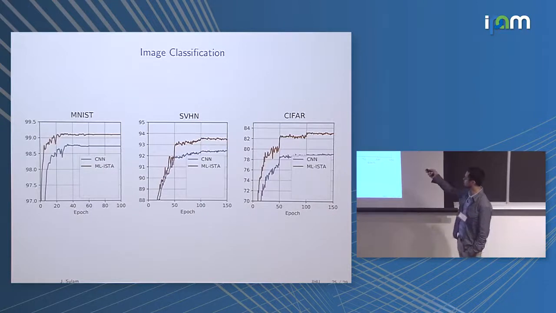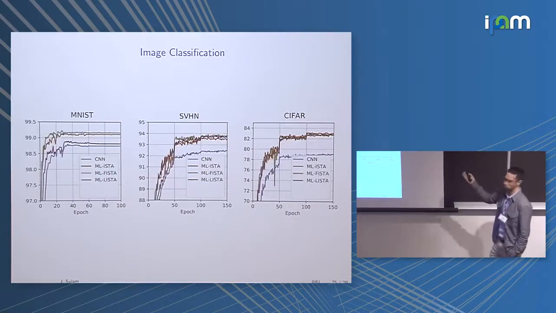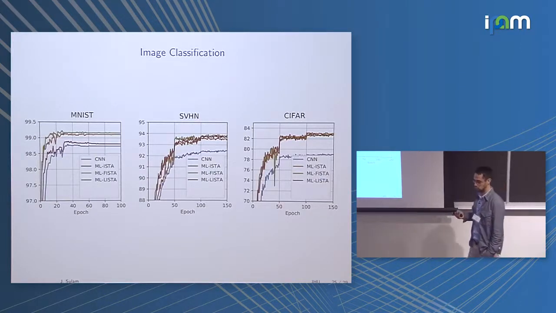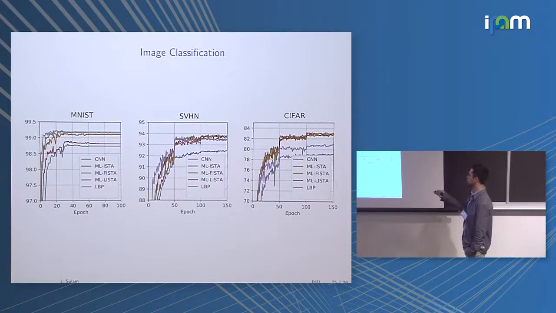You can do this for the multi-layer ISTA, for the multi-layer FISTA, or we have a version of this, the multi-layer LISTA, the learned version, essentially drawing inspiration from Gregor and LeCun as well, and they all perform about the same. You can also implement the layered basis pursuit idea, which I showed to you earlier today.